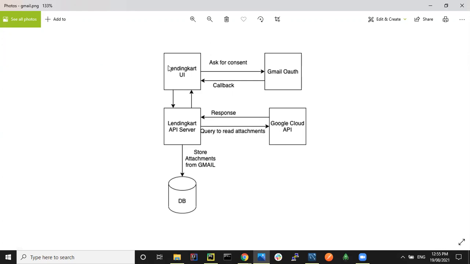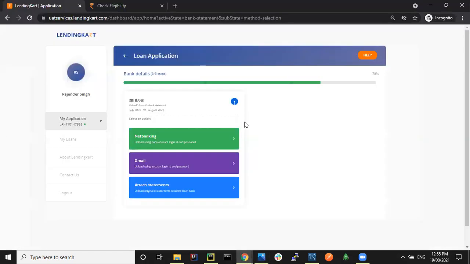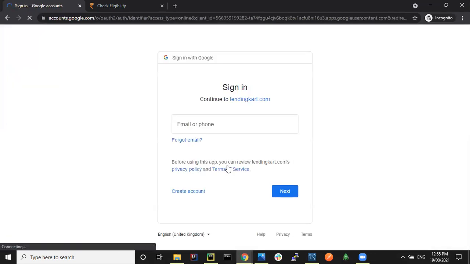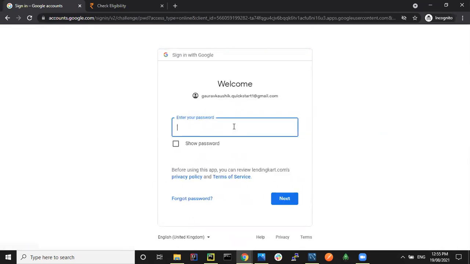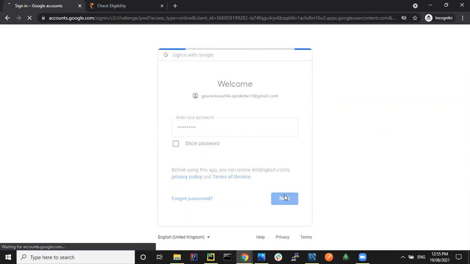Now we will see in the UI how this will function. Once you select the Gmail method, you will be redirected to the Google consent screen. This is the Google consent screen where you are going to enter your Gmail ID and password. Now, once you have entered these credentials, here is what is happening in the background: on the basis of the bank that